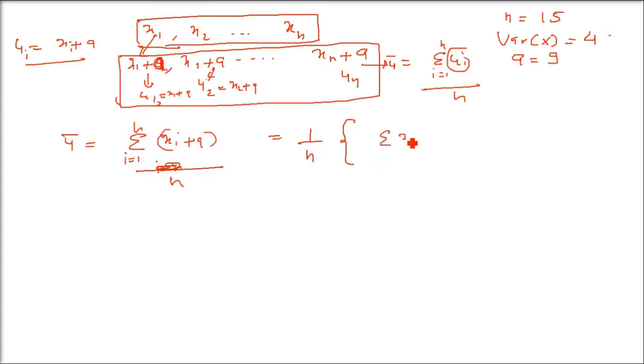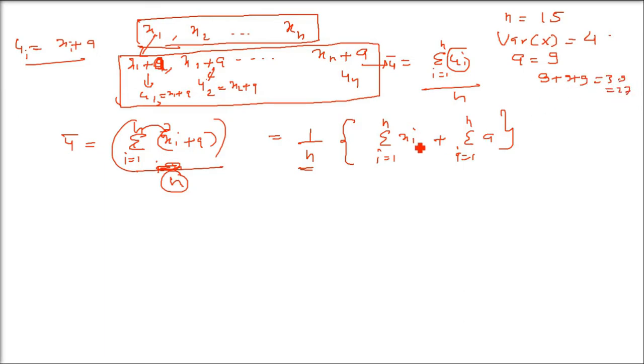So sigma i equals 1 to n of xi, and then you have sigma i equals 1 to n of a. Now this is a constant. n is already a constant, we have taken it outside. But we have sigma inside with xi and a. So what do you get? This is a. Now what is sigma a? Say 9 plus 9 plus 9 is what? 27. What do you get? 3 into 9.